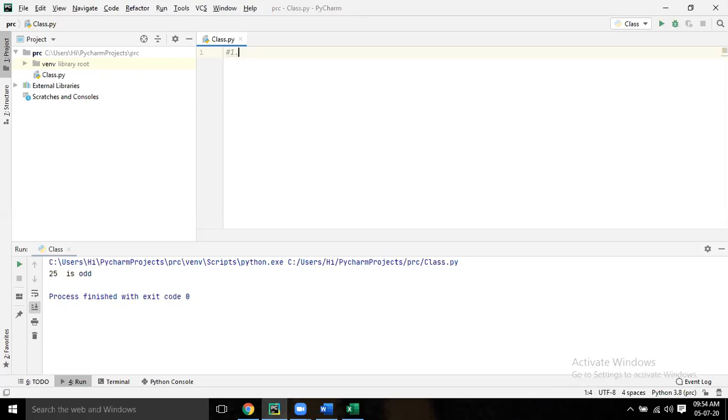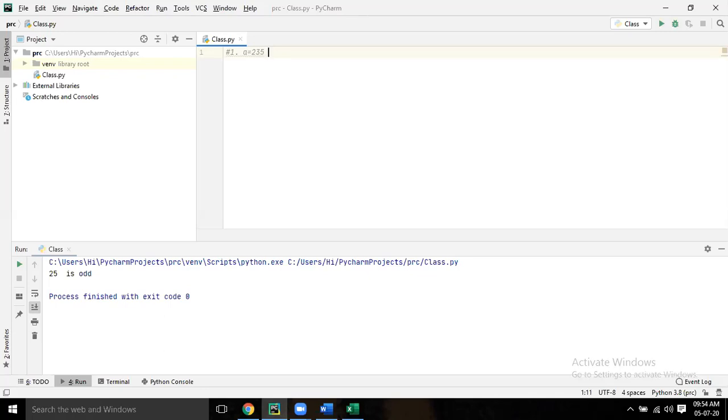Let's say I have a 3-digit number. Let's say A equal to any 3-digit number, let's say 235. A equal to 235. Now I want to separate 2 separate, 3 separate, 5 separate and store into some other variable. And write A equal to 235.